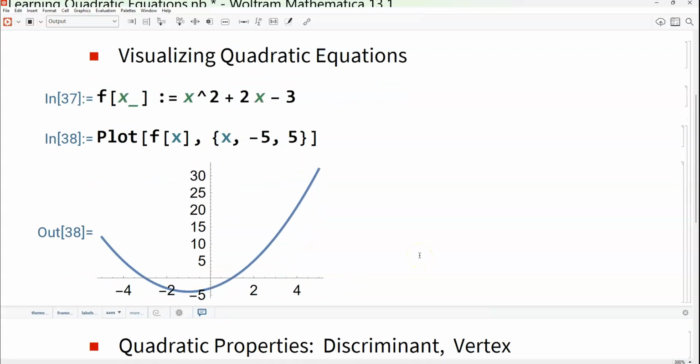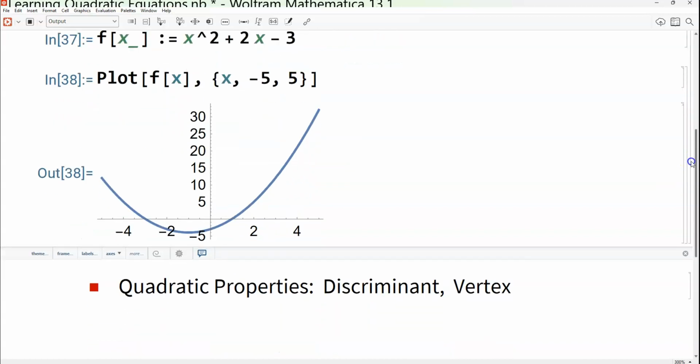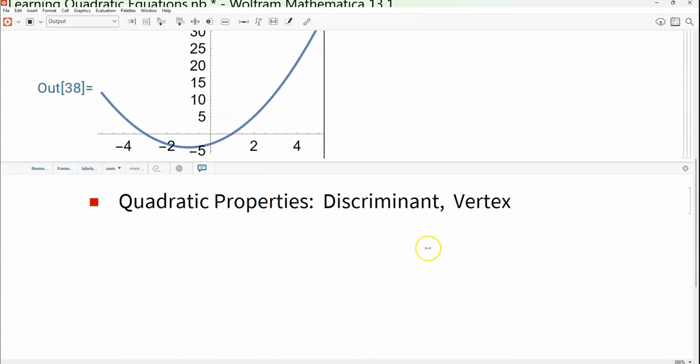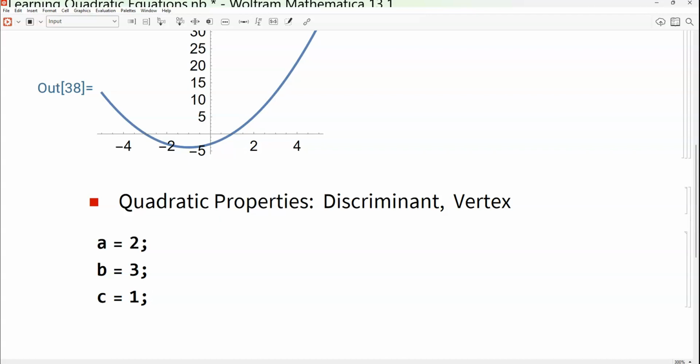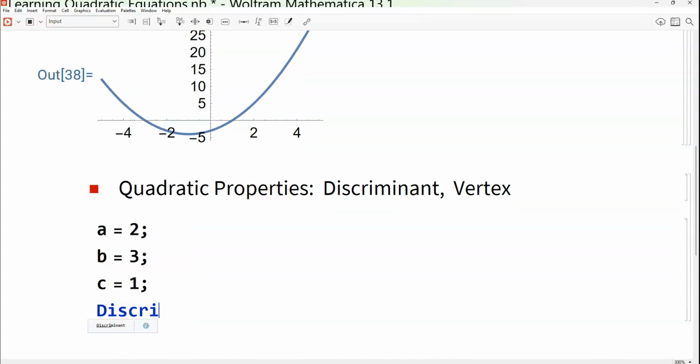Now, also you could look up some properties that quadratic equations have. So there's a property called the discriminant, and we'll discuss what this is. So let's suppose a equals 2, and b equals 3, and c equals 1. These are like coefficients in the quadratic equation. And let's suppose we want to see what would be the discriminant if we had a quadratic equation that said, for example,